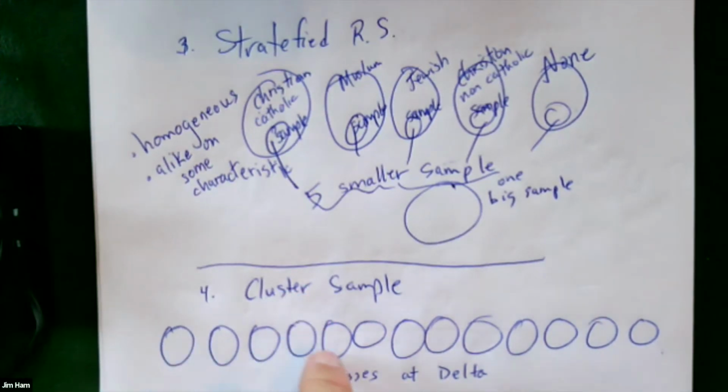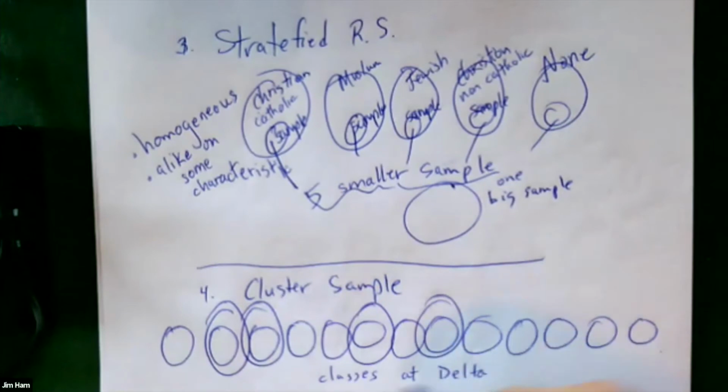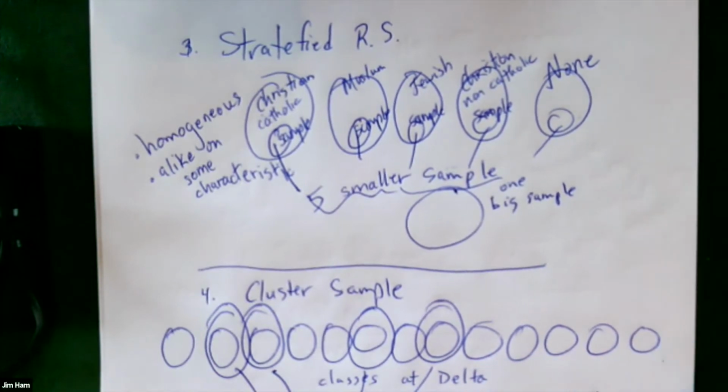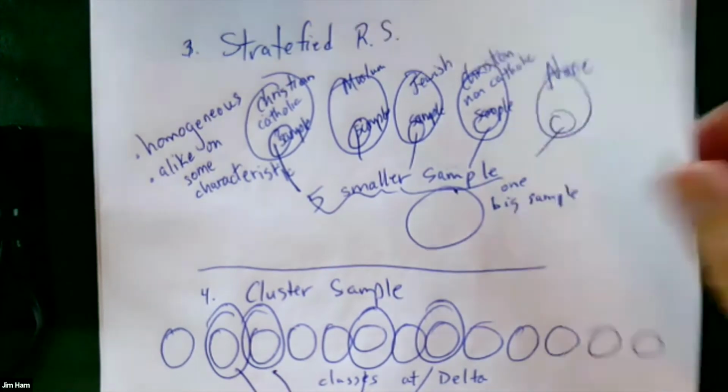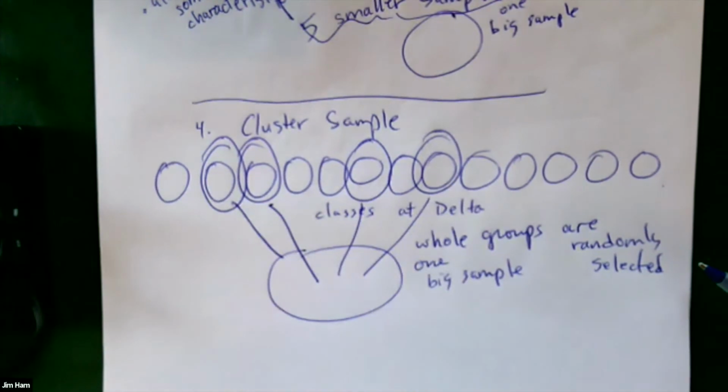You have all of these individual classes, and individual classes are randomly selected to form the sample, but whole groups are selected randomly. And then everyone in those groups, think of these as individual classes, they randomly select entire groups, which means in this example, entire classes. So if our class was randomly selected, then everybody in the class of the randomly selected groups would then participate in the survey. And we get a much better response rate in this way because the professor has all the surveys,